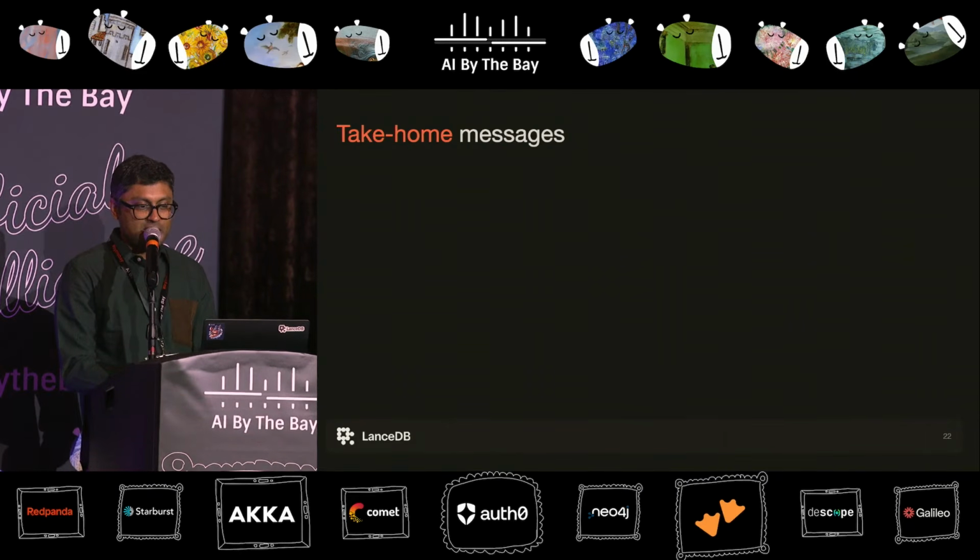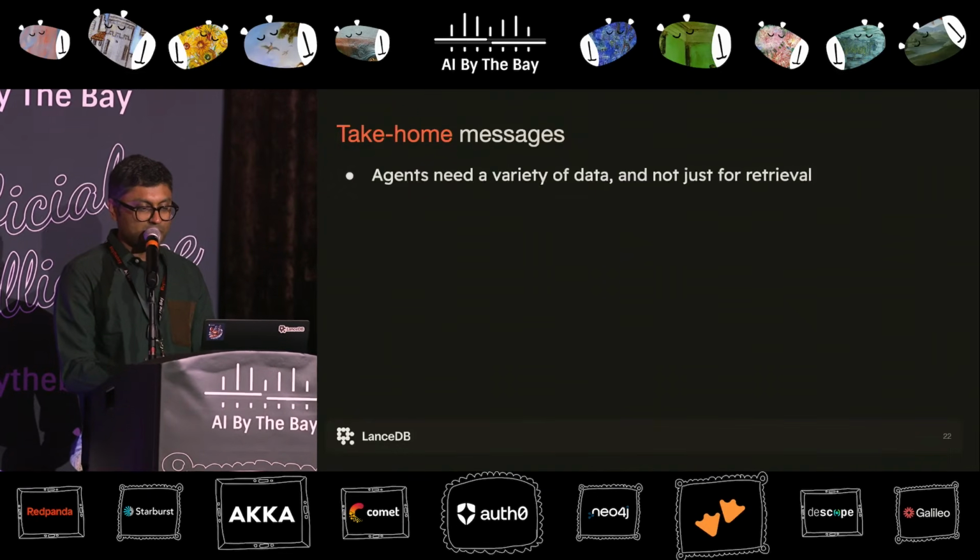So the key ideas we want to take away from this talk is that it's clear that the more systems are becoming agentic, they're becoming super widely used in every form. Like we're seeing more and more agent layers being injected into enterprise applications. But all of these need a variety of data. And the more and more tools we can provide that expose the enterprise data to these agents, the more valuable these use cases become in the enterprise.